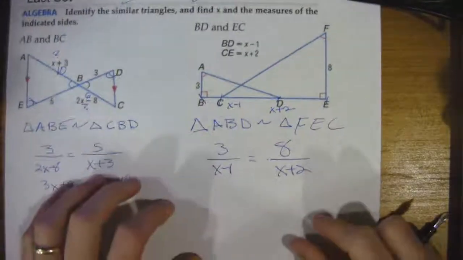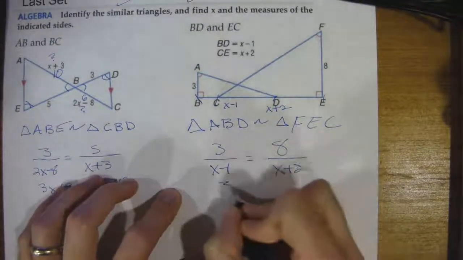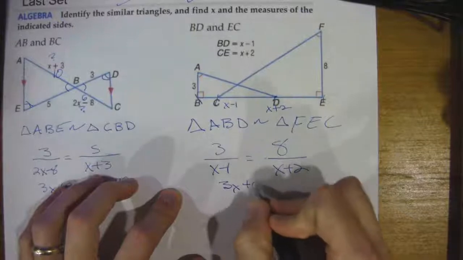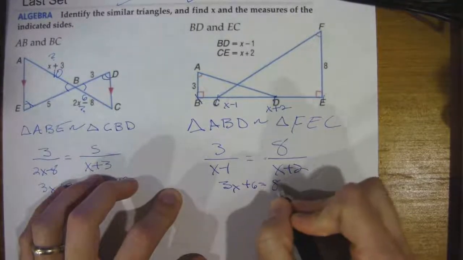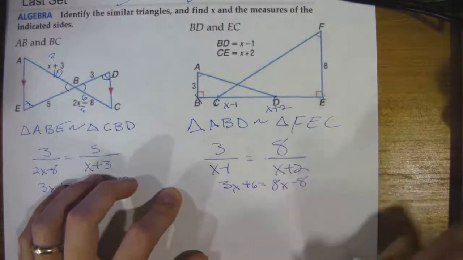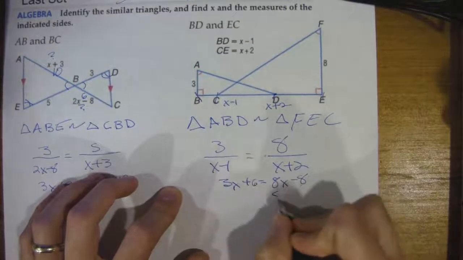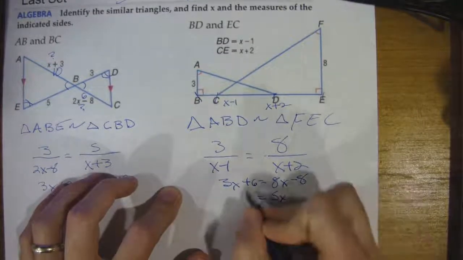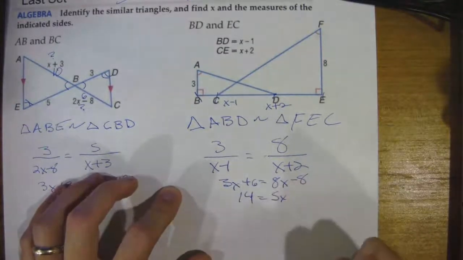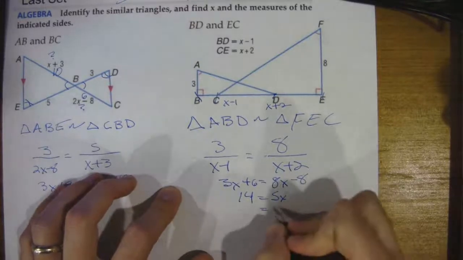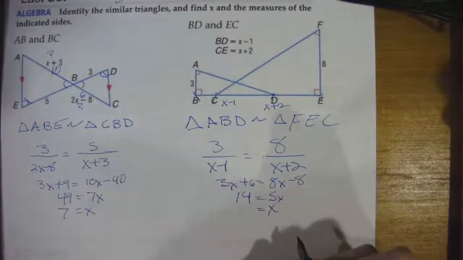Cross products time. So 3x, add 6, and then 8x, subtract 8. We'll subtract 3x on both sides, so that's 5. We'll go ahead and add the 8 since we're here, so that's 14. And then once we divide out, we find that x is